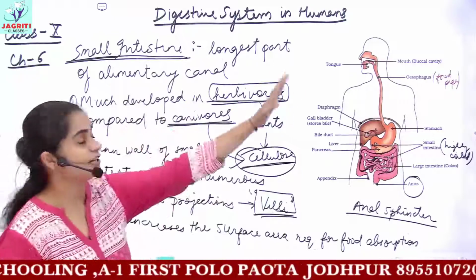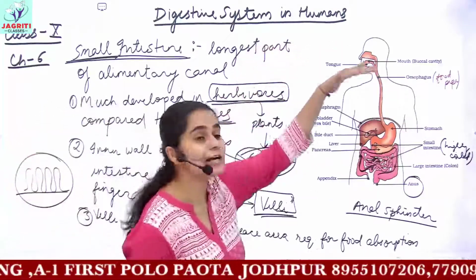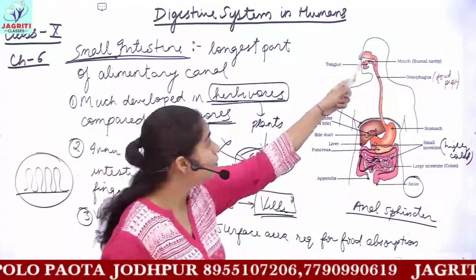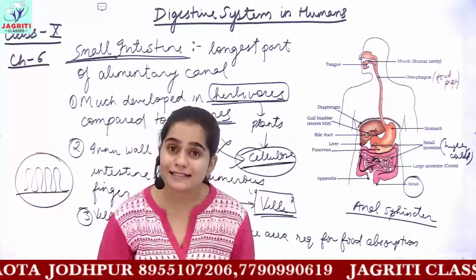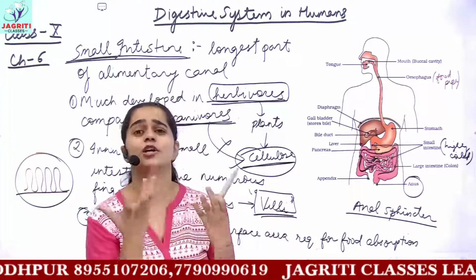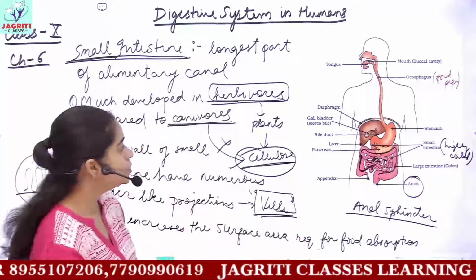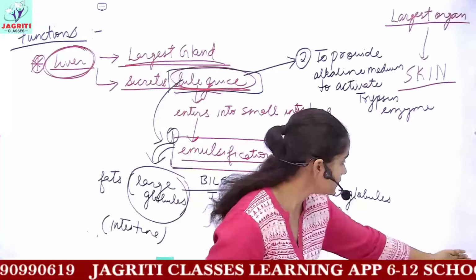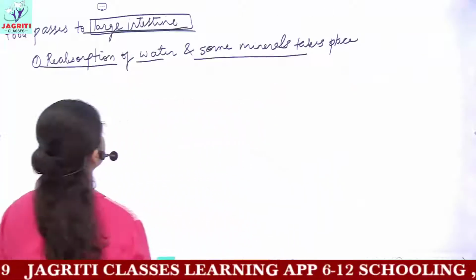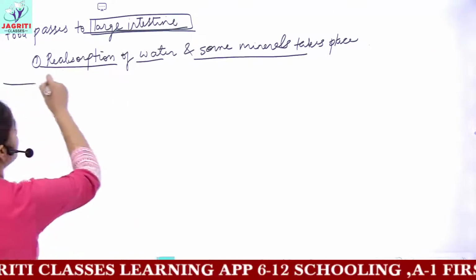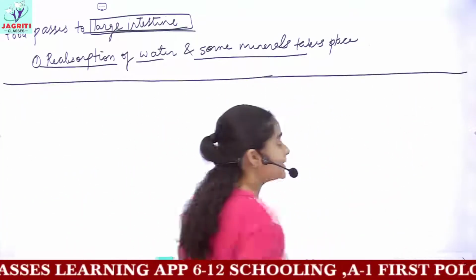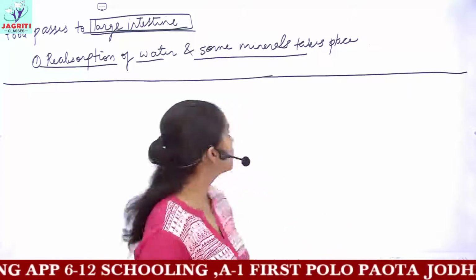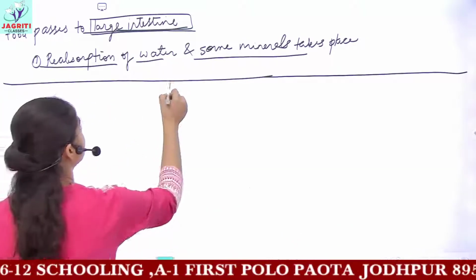So this is your digestion of food. We have discussed all the parts of our alimentary canal, that is, starting from the mouth to the anus. And now we have discussed the functions, different kinds of enzymes, and the structural features of all these parts. So this was an account of the digestive system in humans. Now, this was about digestion in humans. The next topic which we'll be starting with, and we'll continue this in our further lectures also, would be about respiration.